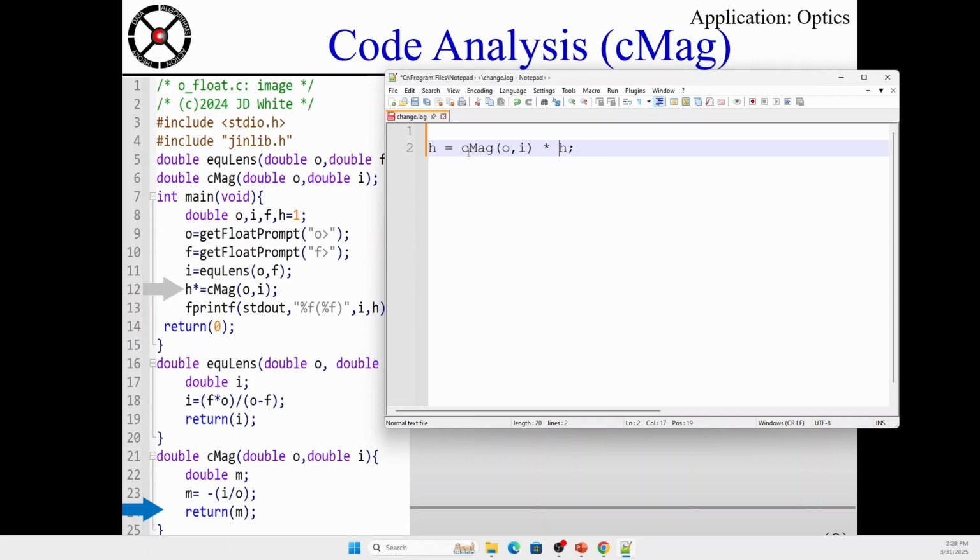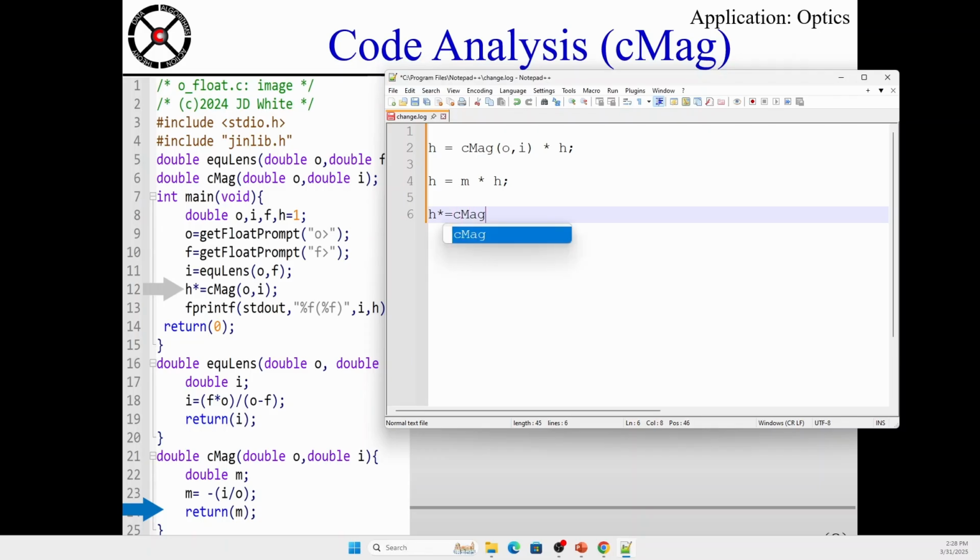This would be what the code looks like. What actually happens is, first of all, I called C mag O, I and got the value of M. So this becomes H equals M times H. So take the value in container M, multiply it by the value in container H, put it back into container H. We simplify this whole equation by just writing H times equals